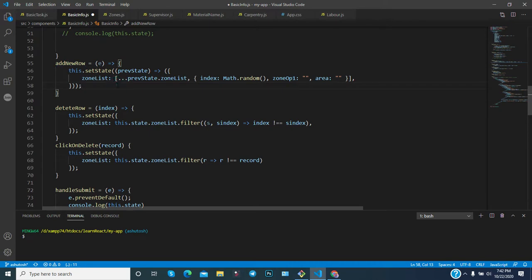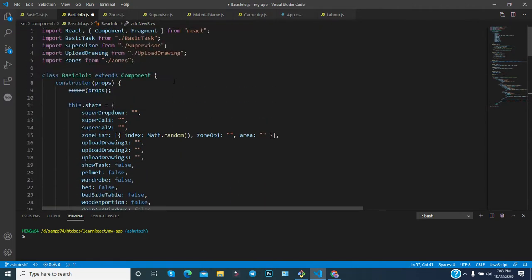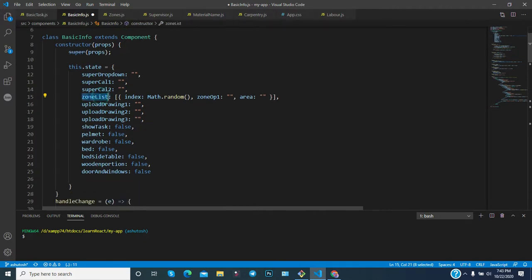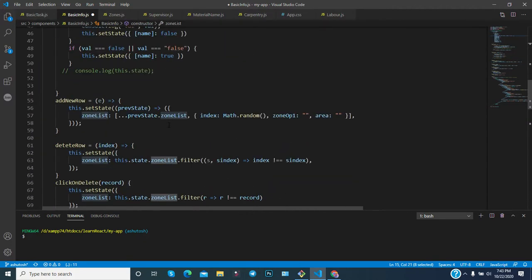Now what is it doing? It is updating the value of the state. So it will collect the previous value of the state. You want to update the value of zone list, that's why we have used zone list. Now prev state dot zone list means you are accessing this object, and from this object you need to use the zone list data. So what you have done is copy all the zone list data into this particular array.